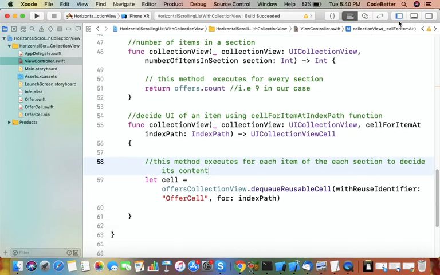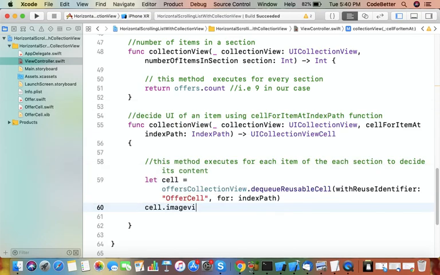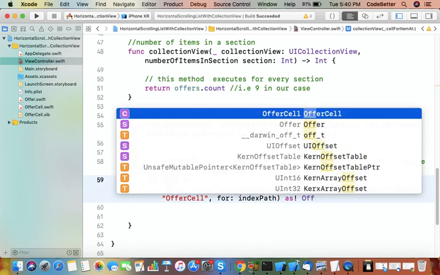So here we have instantiated the cell object. Now the cell object has one image view. To access that property, since the dequeue method is generic, it returns an object of the superclass of each cell, that is UICollectionViewCell, but our cell class is different, so we have to typecast it to our own cell class.